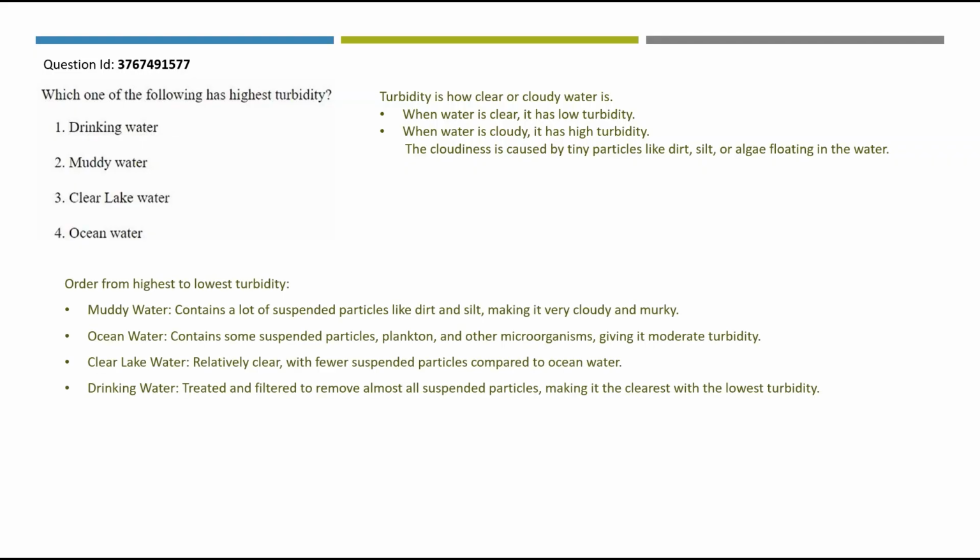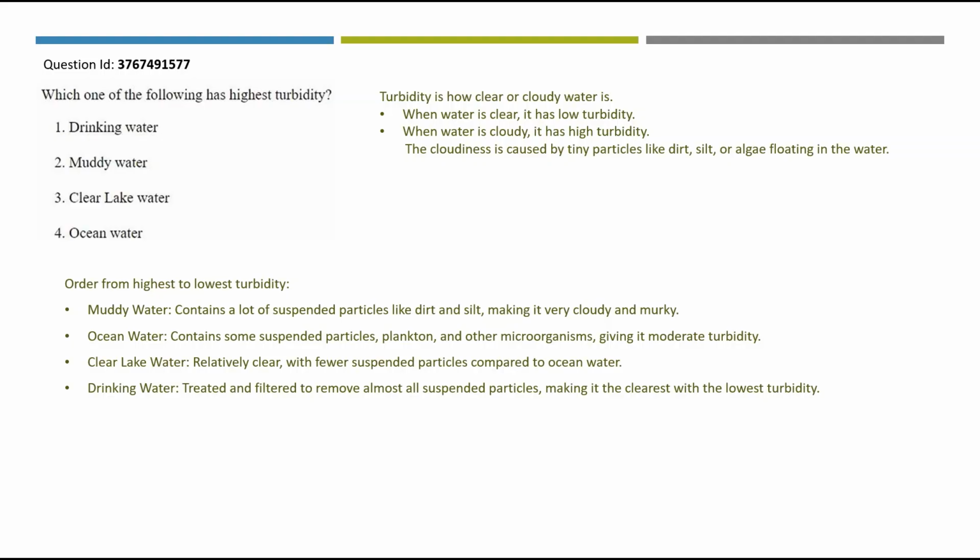Now we will arrange this from highest to lowest turbidity, whatever is given in the option. The highest turbidity will be muddy water. This contains a lot of suspended particles like dirt and silt, making it very cloudy. What about ocean water? This contains some suspended particles, plankton and other microorganisms, giving it moderate turbidity. Clear lake water. This is actually relatively clear with fewer suspended particles compared to ocean water. What about drinking water? Treated and filtered to remove almost all suspended particles, making it the clearest with the lowest